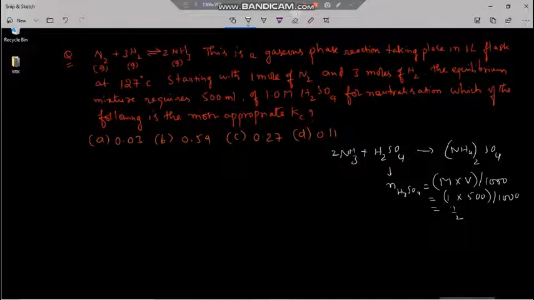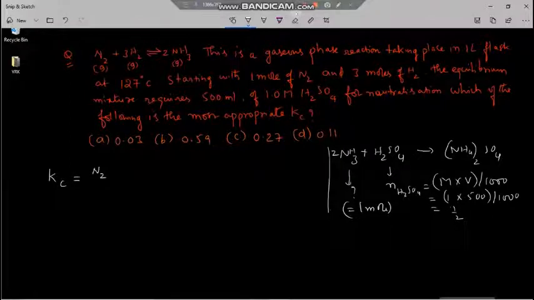Therefore how many moles of ammonia will be there? Ammonia will be 1 mole. It is very clear from the equation. Now we can find the equilibrium constant for the given equation. Kc is equal to the NH3 concentration whole power 2 by the N2 concentration into the H2 concentration whole cube. The NH3 concentration we have already found is 1, so 1 square.